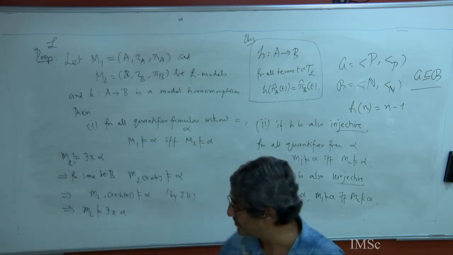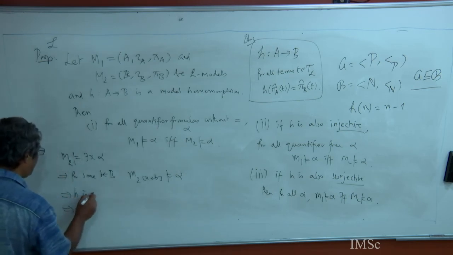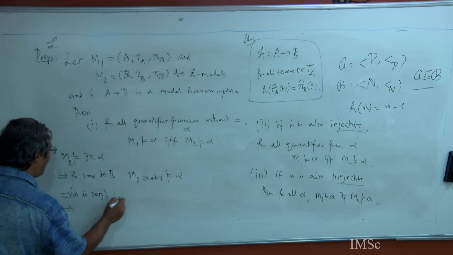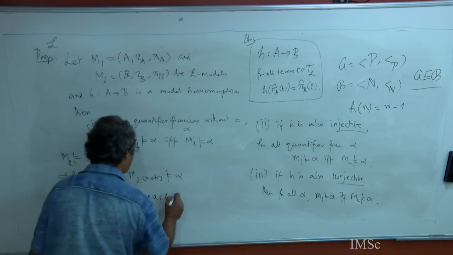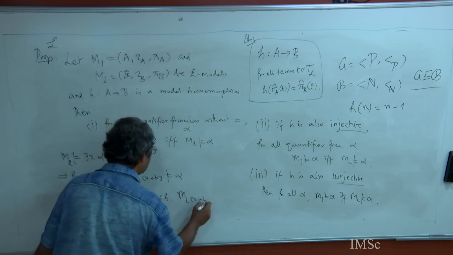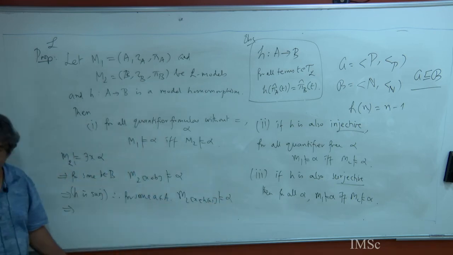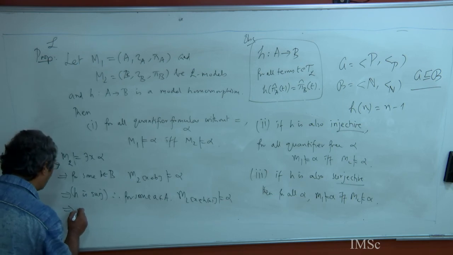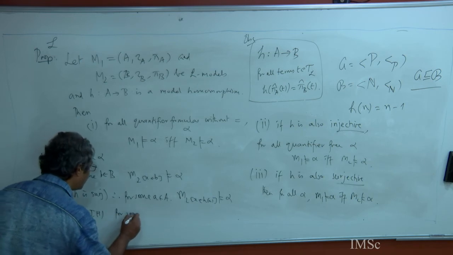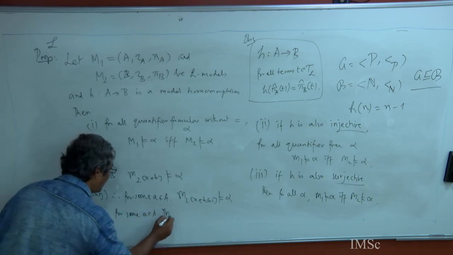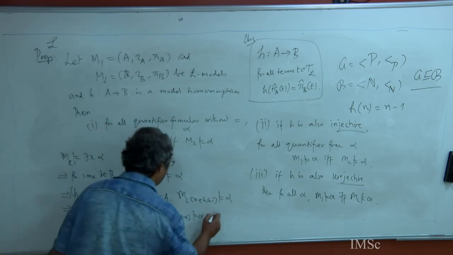Now, by surjectivity, H being surjective, therefore, for some A belonging to A, M2 with X mapped to H of A satisfies alpha, right? That is the meaning of surjectivity. That means, therefore, by induction hypothesis, for some A belonging to A, M1 with X mapped to A satisfies alpha, which implies